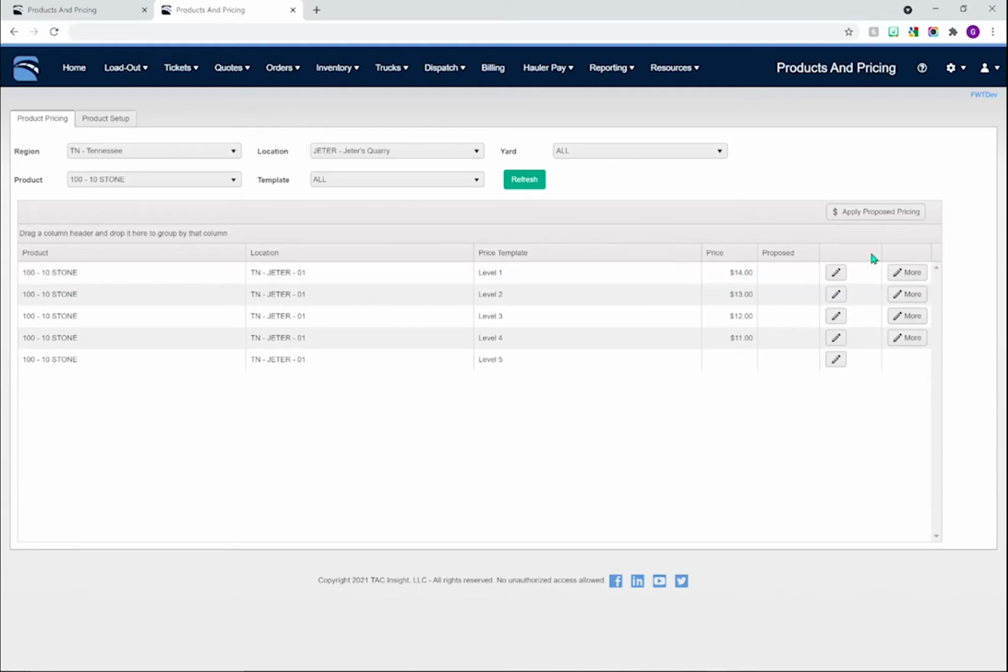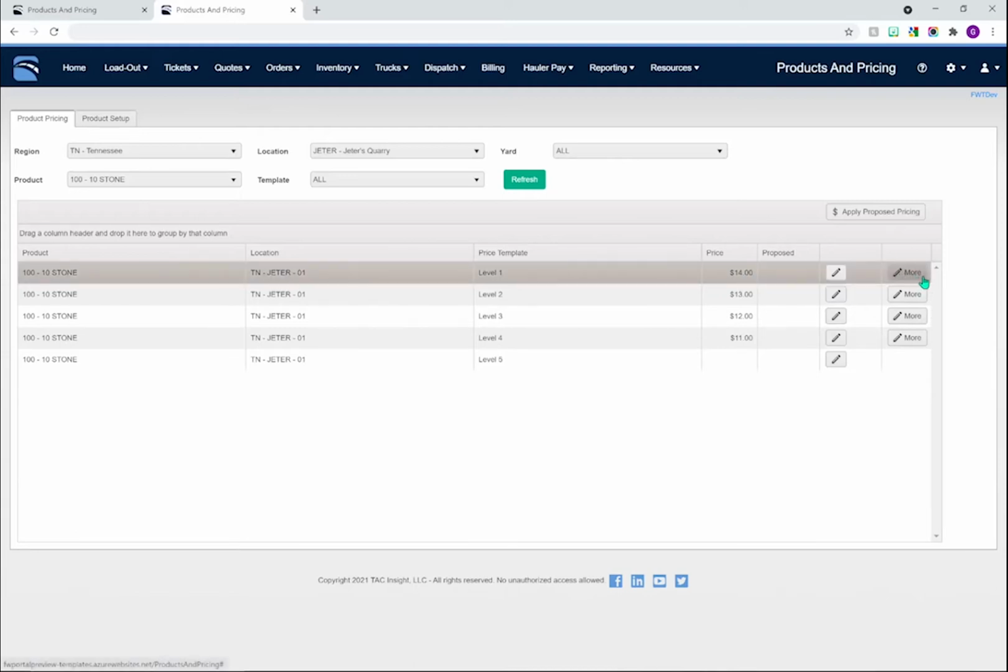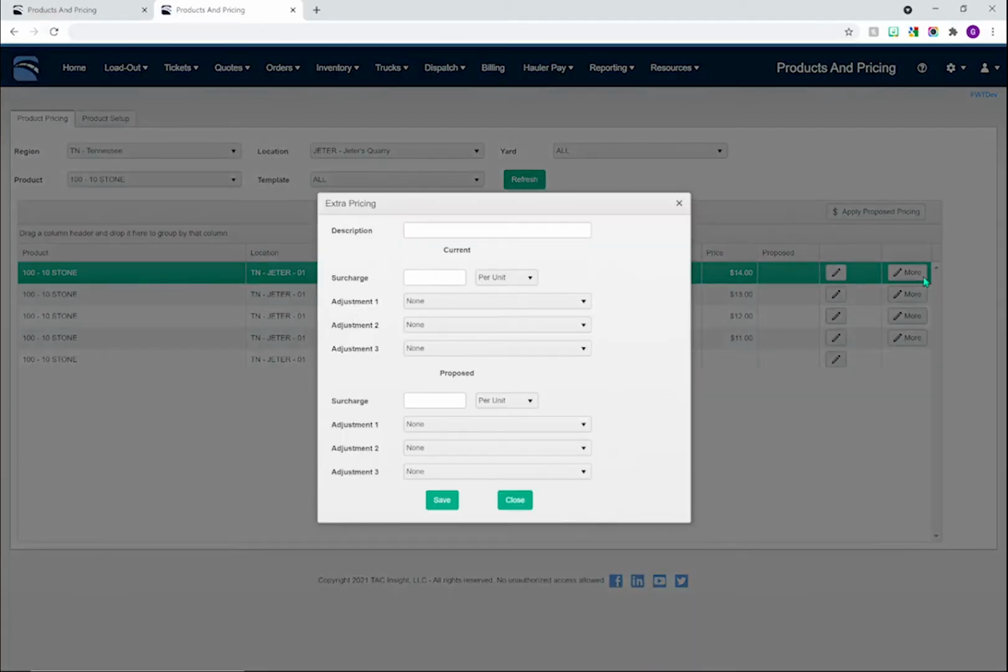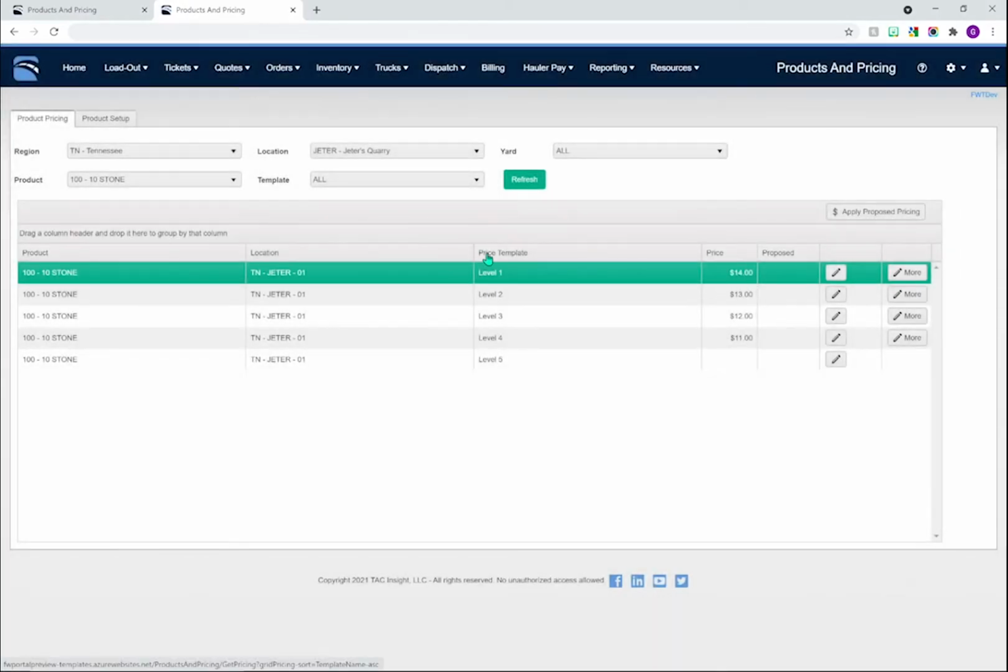We've also added the ability to set default surcharges and adjustments for a given product, and you can customize these for individual pricing templates. Click the More button to access these features. So now that we've set up pricing, let's take a look at how pricing templates have changed the order setup